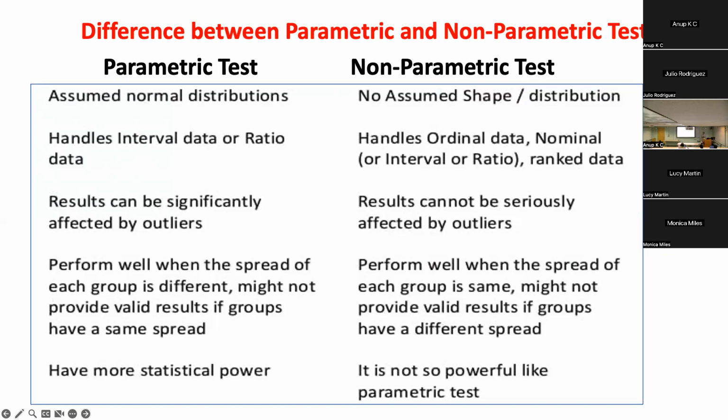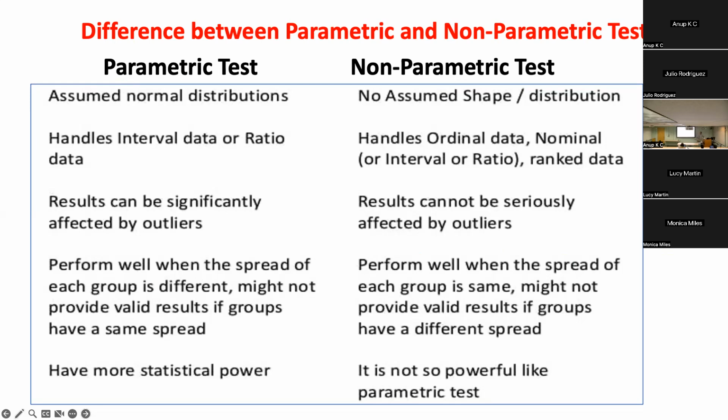And if normality is violated, don't go for a parametric test. Number one, for a normal distribution, you have to check normality. Other than that, the second one is that a parametric test is for interval or ratio data. Non-parametric can be done for ordinal,